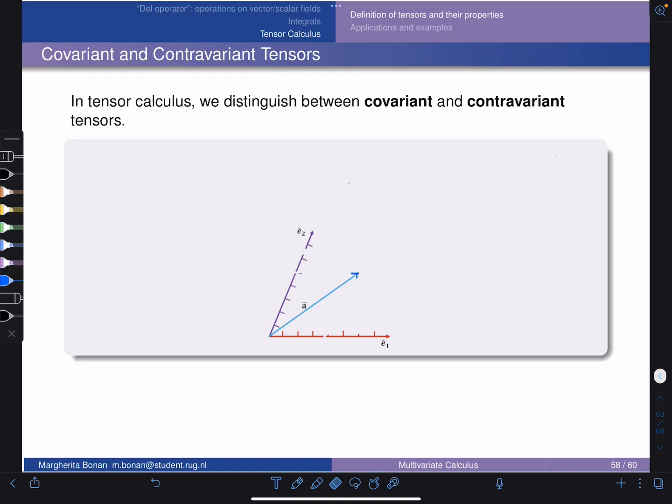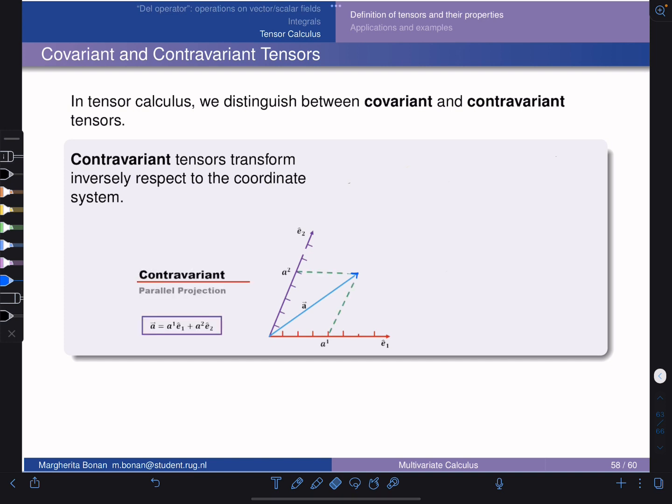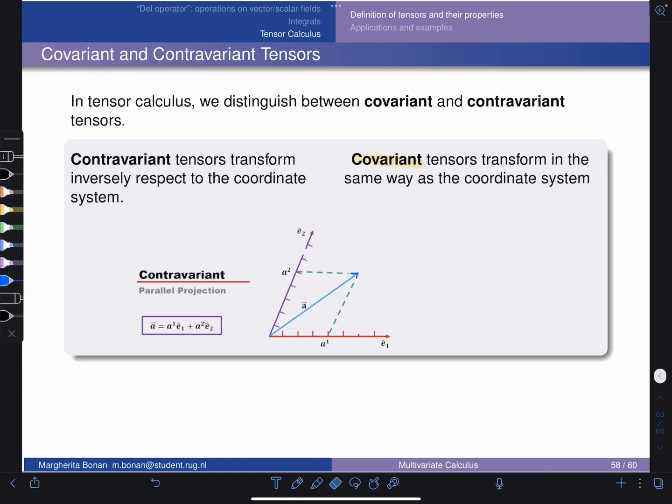In tensor calculus, we generally distinguish between covariant and contravariant tensors. Contravariant tensors transform inversely with respect to the coordinate system. If we have to take a projection, in the contravariant case, this would be parallel to the e2 cap and e1 cap that we chose, and this would be the formula. While if we have a covariant tensor, the transformation would be in the same way as the coordinate system, and the projection would be perpendicular. So in this case, the projection would be the yellow line, so perpendicular to the